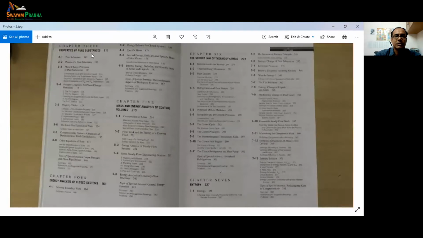It was properties of pure substances. So we have dedicated 2 tutorials on that. And then the fourth chapter we covered, which is energy analysis of closed systems. And the fifth chapter was mass and energy analysis of control volumes. This is the chapter we were